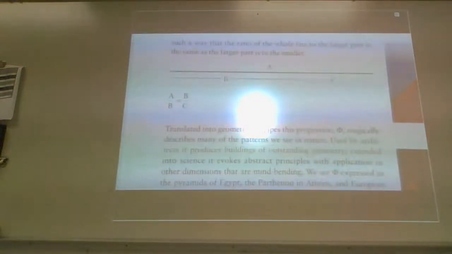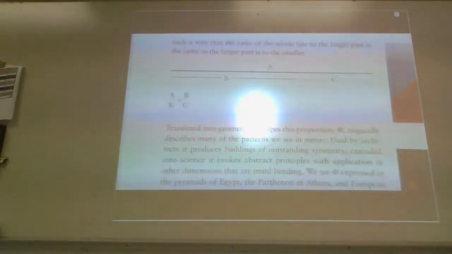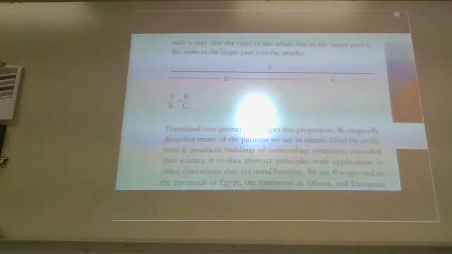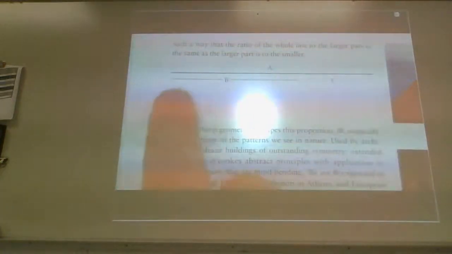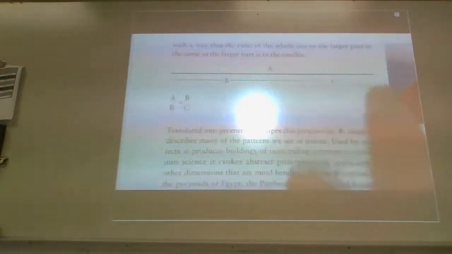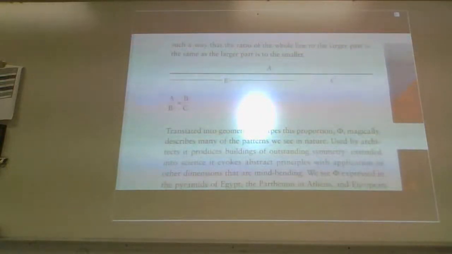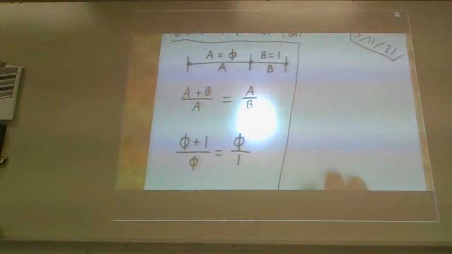It says that Euclid, the famous Greek mathematician, who first put the divine proportion into words, divided a line into two sections in such a way that the ratio of the whole line to the larger portion is the same as the larger portion to the smaller portion. That's generally what I just expressed on paper. I'm going to zoom back out and show you what I wrote again. But this is how they generally expressed the idea of phi back in the day.